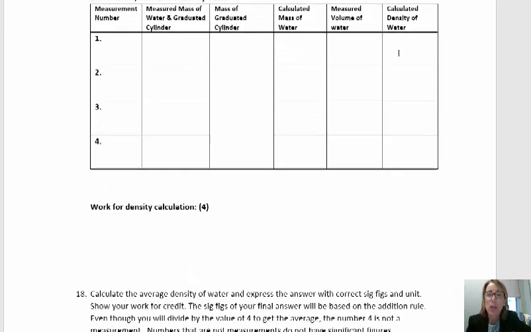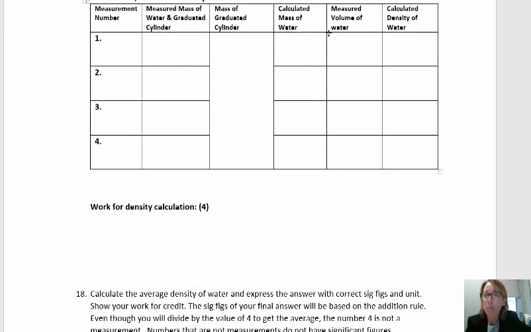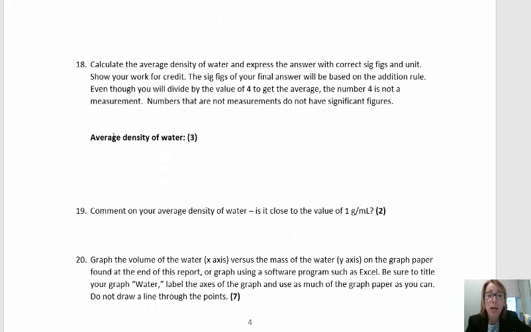Also, apply the rules of sig figs for your final answer whenever you calculate something. So for density, you will be taking the mass divided by the volume. Both are measured values, so you'll use the sig fig rules for dividing. When you calculate the average density of water, you'll be dividing by the number of measurements. That will not in fact affect your sig fig. So your final answer will have as many sig figs as the least value